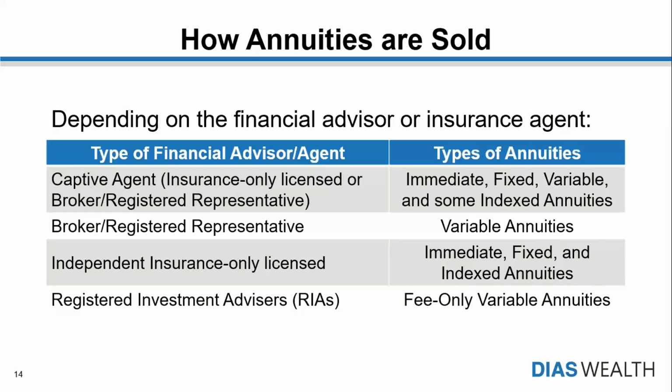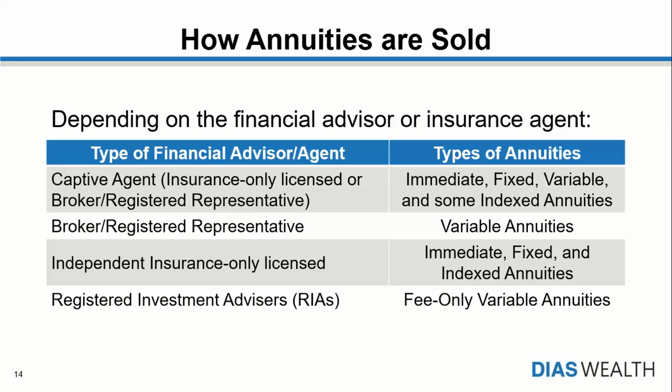So my background I usually give is I started off working with Bankers Life and Casualty, and then I worked for 6 months at New York Life. Now, Bankers Life and Casualty is not a mutual company, but they're still one of the very few companies out there that are non-mutual. Your mutual companies are New York Life, Northwestern Mutual, Mass Mutual, etc. The types of annuities that they'll sell you are immediate, fixed, variable, and some have index annuities. So they've just been introducing those products into the marketplace.